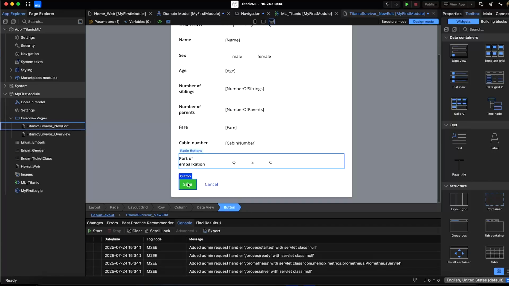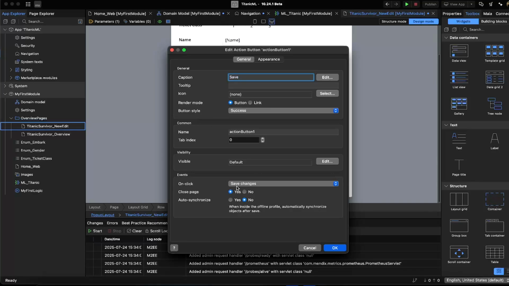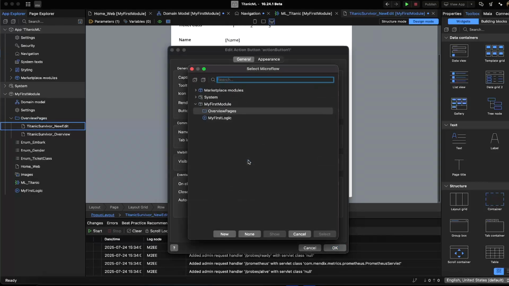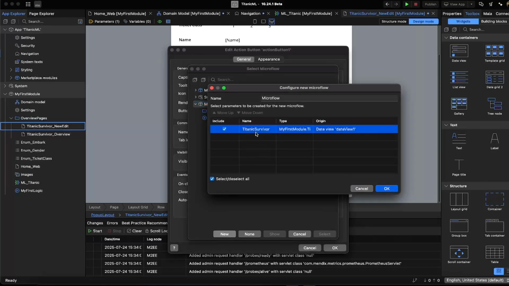Click on the save button, and on the on-click event, we are going to change it from save changes to call a microflow. We can create the microflow inside our module, so click new, and here let's call it ACT Titanic Survivor underscore prediction. Click OK